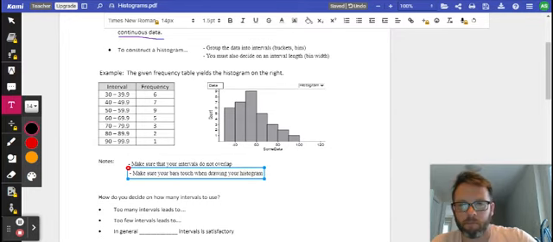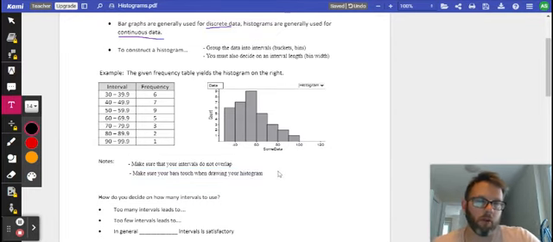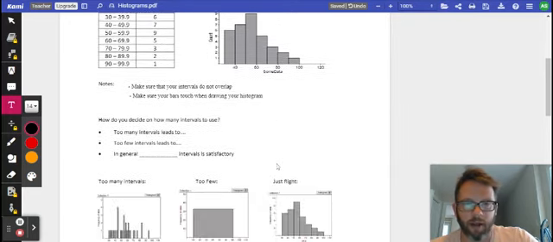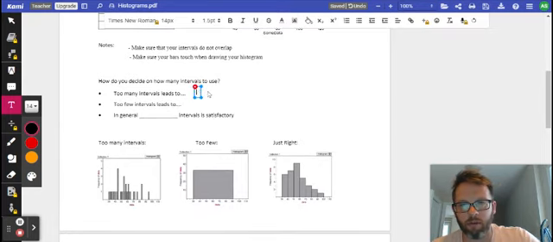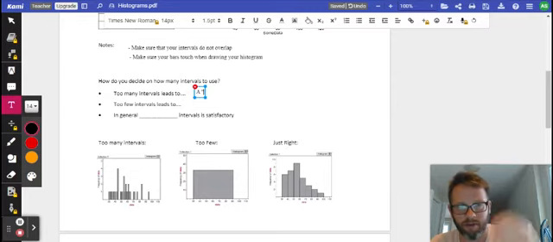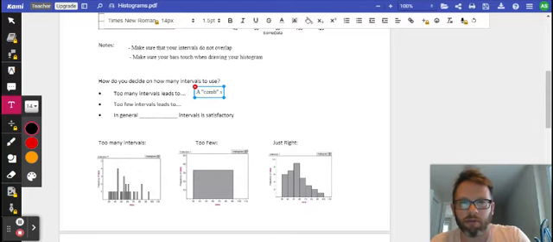All right, so we're going to make one. But when you see some data, how do you decide on how many intervals to use? Because I've given you guys a visual. Look what happens when you use too many intervals. You get kind of this comb shape. Everybody's seen a hair comb with all those fine little teeth, and that's not very good because you lose sense of the distribution. It gives you a comb shape, and you lose sense